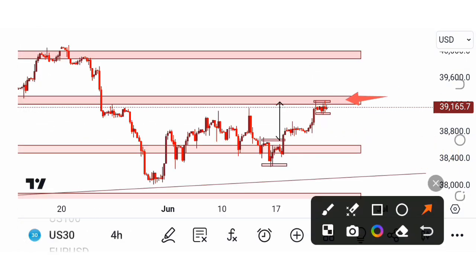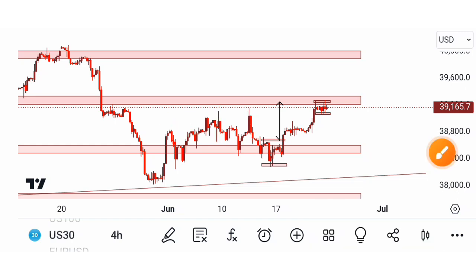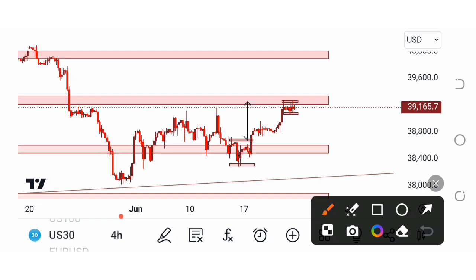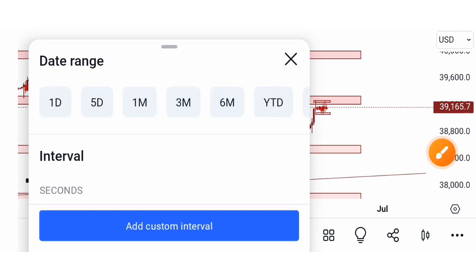Looking at this high, which is over here, I don't think the market is going to eventually break above that structure. And I'm saying this because I'm paying attention to how this market has been moving. As you can see, the market has been ranging a lot around that place over there, right? So now I have identified 2 areas of interest for us to know where the market is going to go. So if you move to the 1-hour time frame,